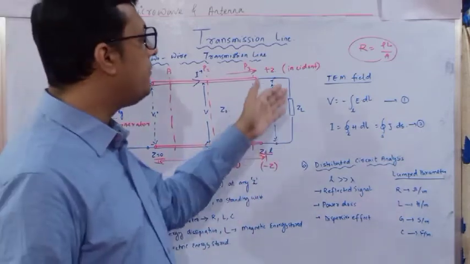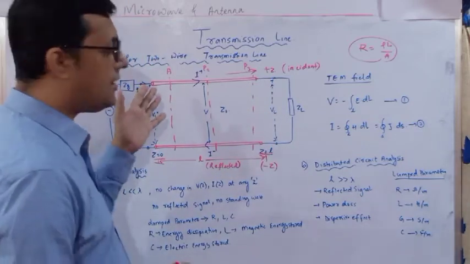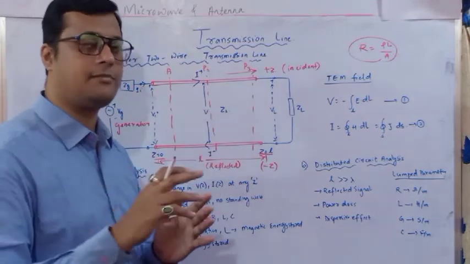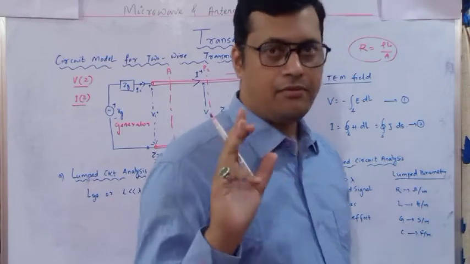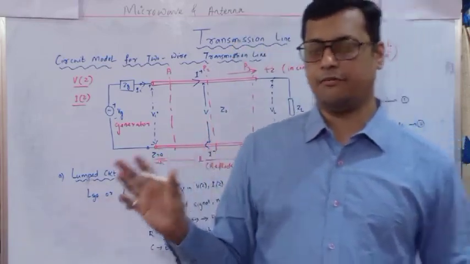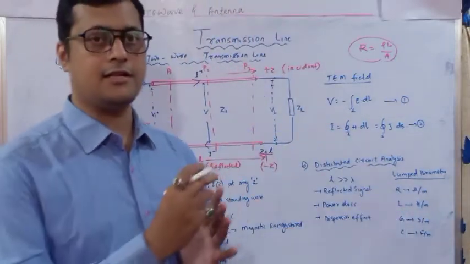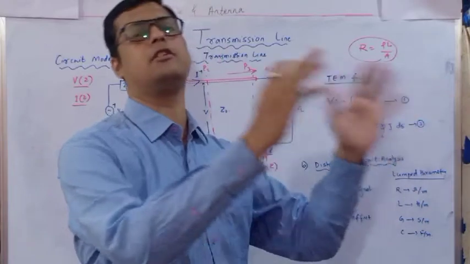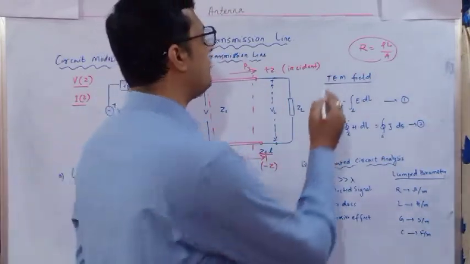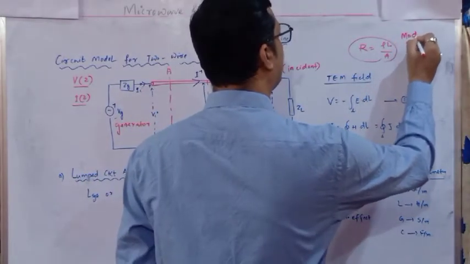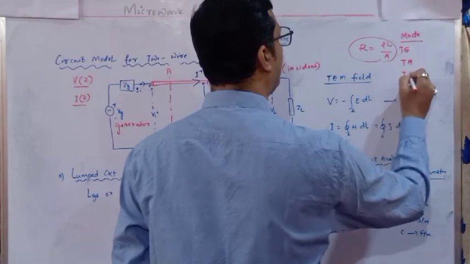But before that, we need to see which sort of electromagnetic wave is going to propagate. Last class I showed how the electric field and magnetic field are both propagating. Now, there are three types: transverse electric field, transverse magnetic field and transverse electromagnetic field. If it is a transverse electric field, only the electric field is going to propagate in that medium. There are three types of modes of transmission: TE, TM and TEM.